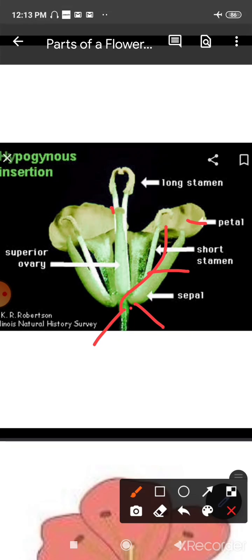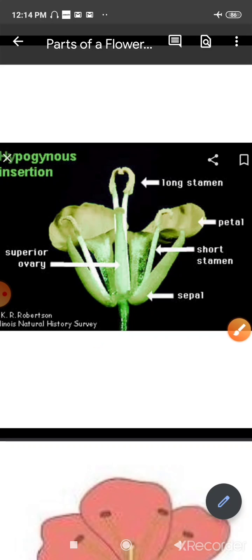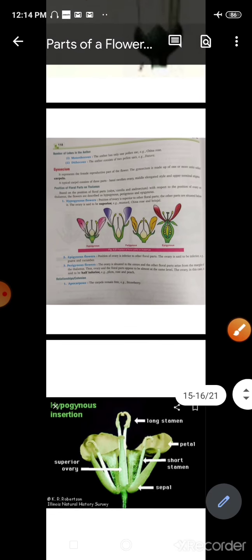Above all this is positioned the gynoecium, right? So since the ovary is above the thalamus, sepals, petals, and the androecium, it is said to be a superior ovary, and this kind of a position is known as hypogynous. So this kind of flowers are said to be